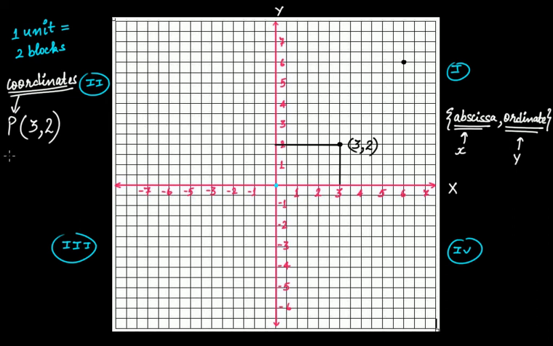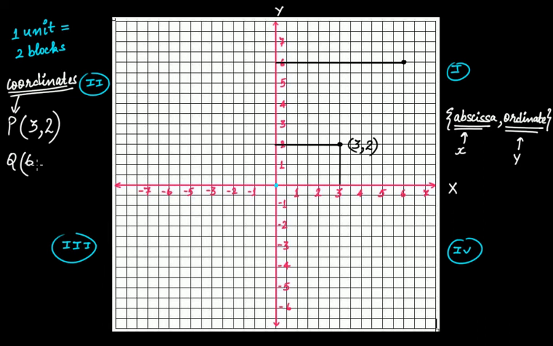Okay, so you will say that's very simple. I have to tell the coordinates of this point Q. Now the coordinates of this point Q have two parts. The first part is the abscissa. Let's count the number of units on this x-axis, and that will tell us the abscissa. So when you count, this is actually 6, right? So when you find the distance from the y-axis of this point, you have to count the number of units on the x-axis. So 0 to 1, 1 to 2, 2 to 3, 3 to 4, 4 to 5, and 5 to 6. This is the distance from the y-axis of that point. So you write it here,